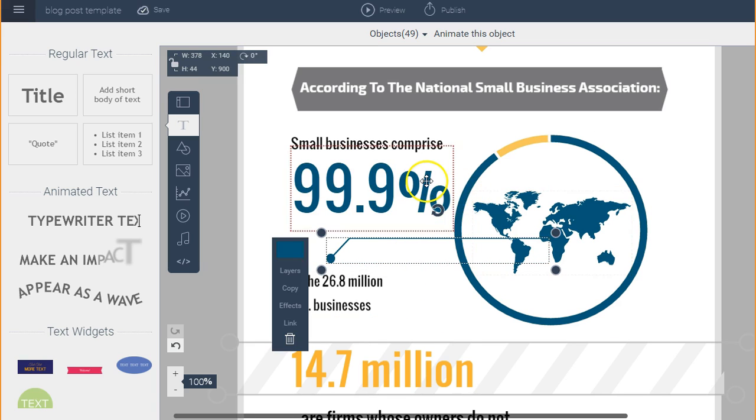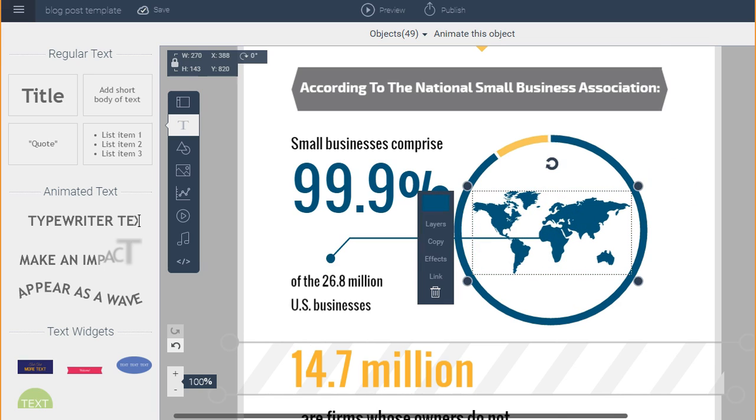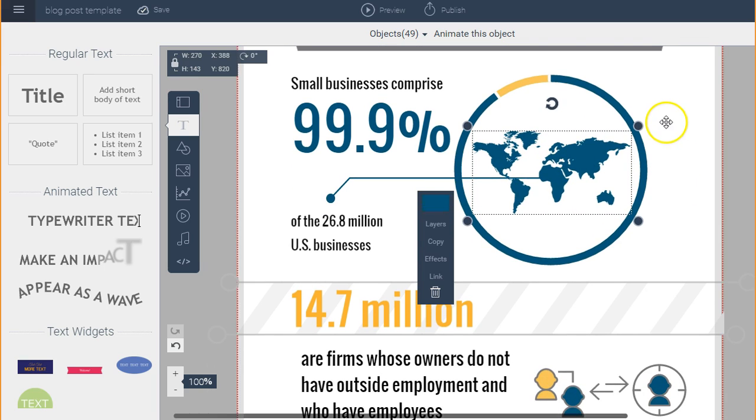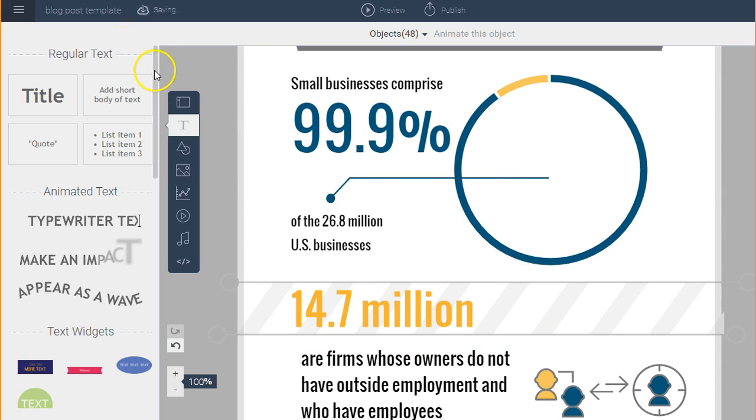So I can also change icons. For example, this image of the world, I can eliminate it. I can just delete it. And then I can replace it with my own image or icon. I can go to the shape tool on the panel,